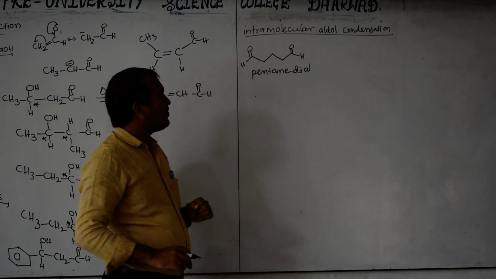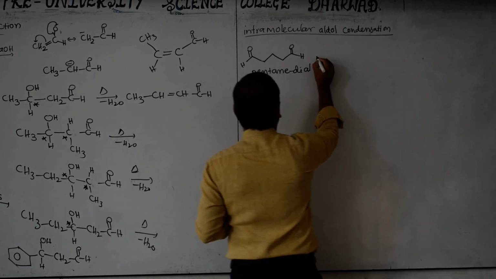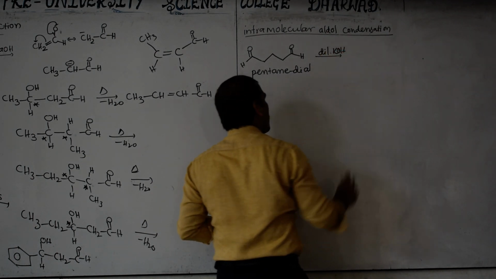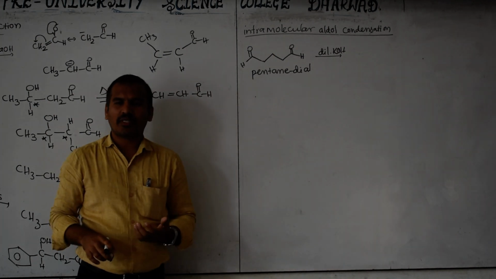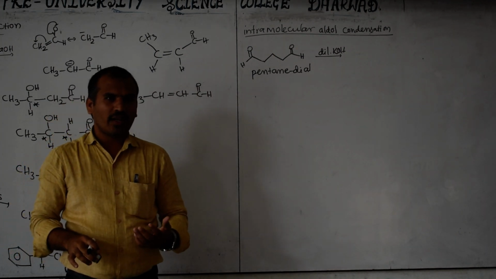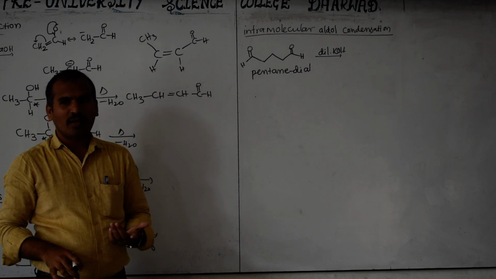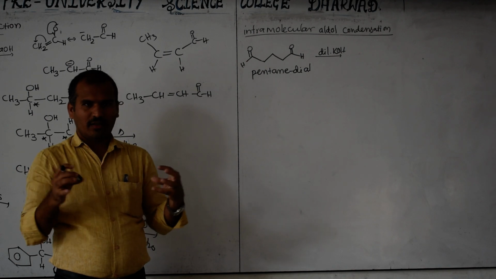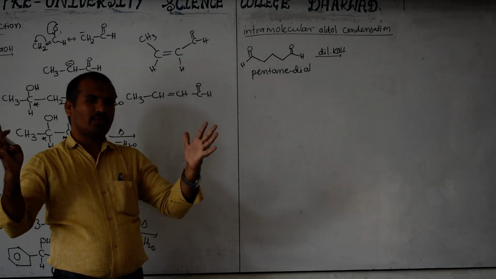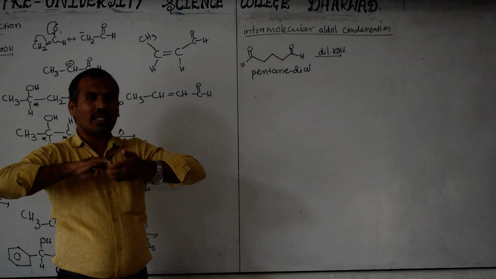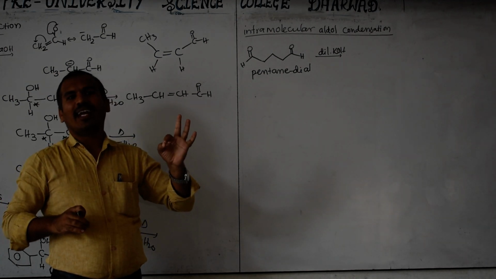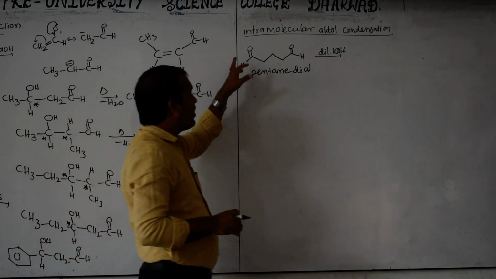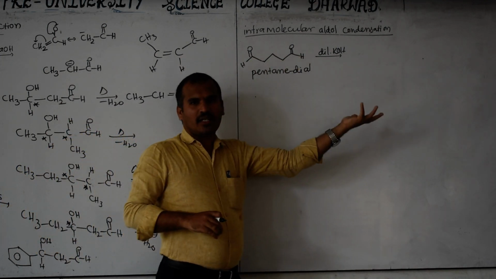Okay. Now, we have to do the intramolecular. Intra means what? Within. You may have studied intramolecular hydrogen bonding and intermolecular hydrogen bonding in the chemical bonding chapter. So intra means within, and inter means in between. These two hands separate, in between, this is inter. Like this linkage is called intra, this is inter. So here, within the molecule, this reaction occurs.